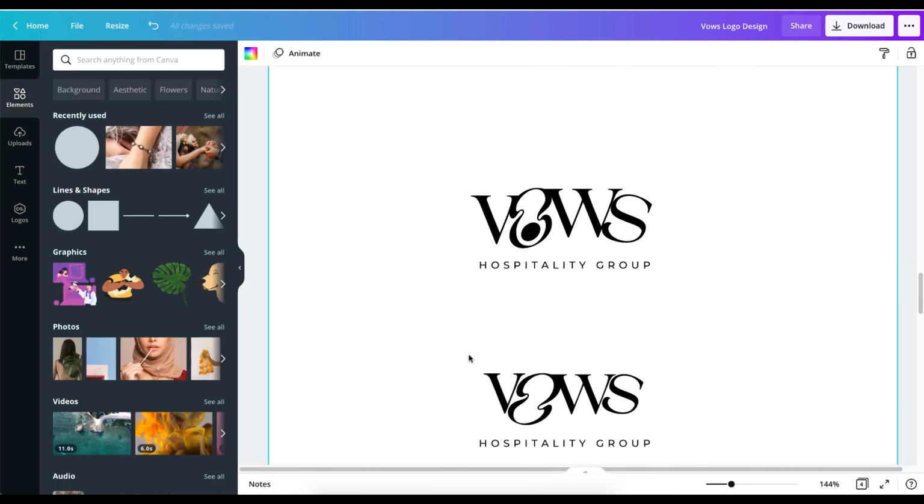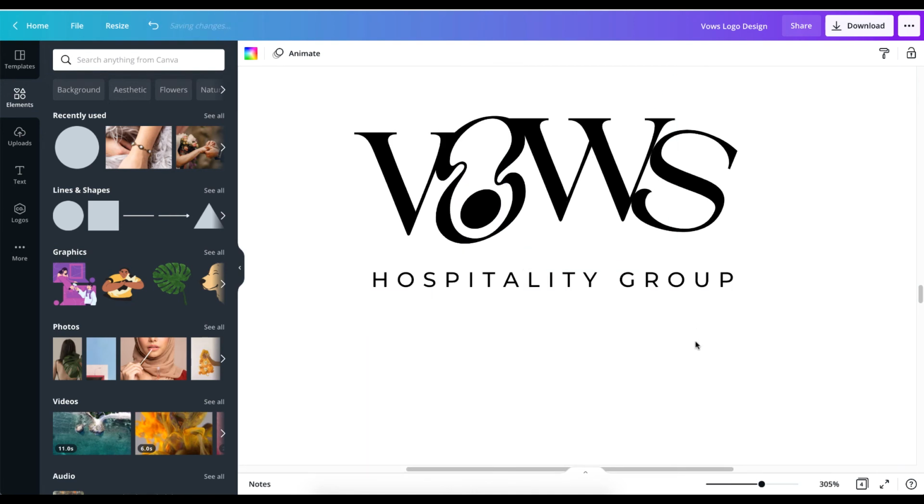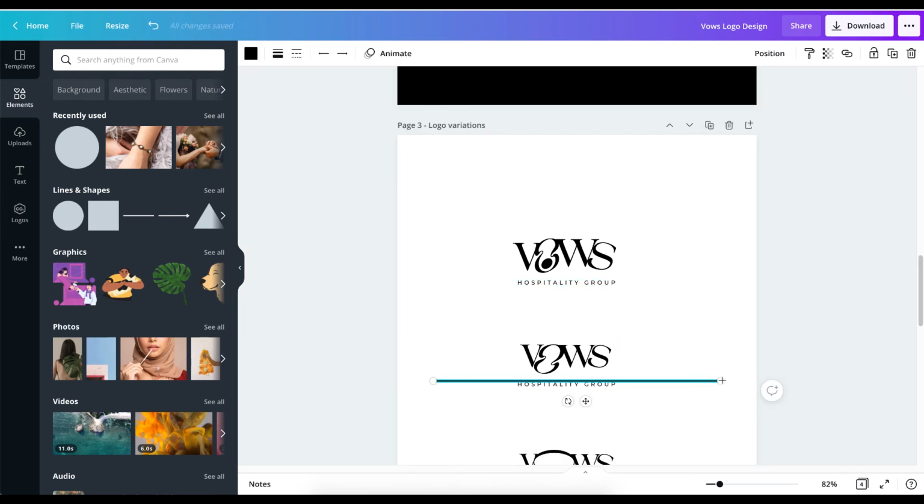Okay, you can also see that this is just coming up to be its own type of logo. Now this is one of the great concepts and great ideas that you can use when you are thinking about starting a logo, like a really cool logo, and you just want to use fonts to do that. So right now I just brought in a line, and I'm thinking if I could just put the line just below here